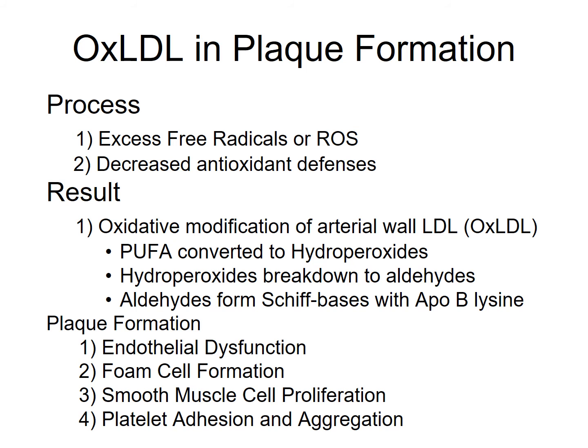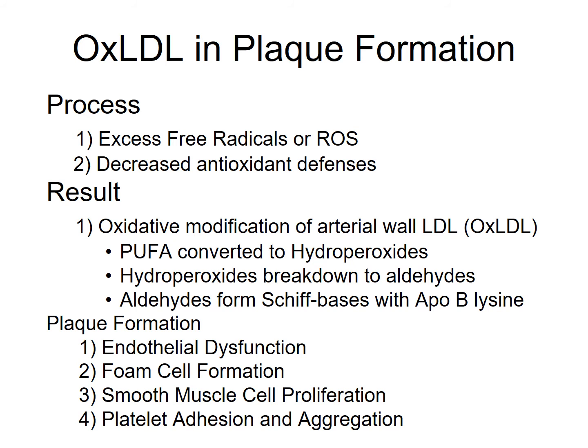So what's going to happen is you're going to have an oxidation of the arterial wall, where the fatty acids in your phospholipids are going to be oxidized, and you're going to get the hydroperoxides. Remember when we talked about oxidation of the unsaturated, PUFAs, polyunsaturated fatty acids. So when you get an oxidation of those and produce that hydroperoxide, if you don't remember what that is, go back into chronic inflammation, and we had a little section on that.